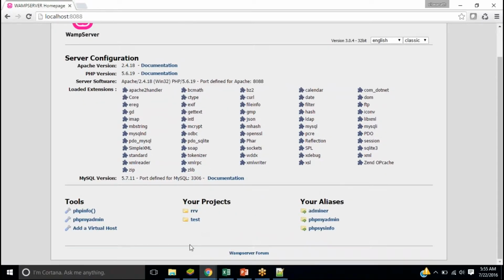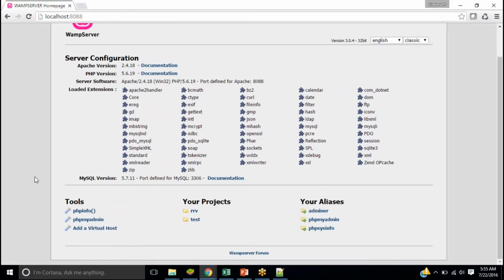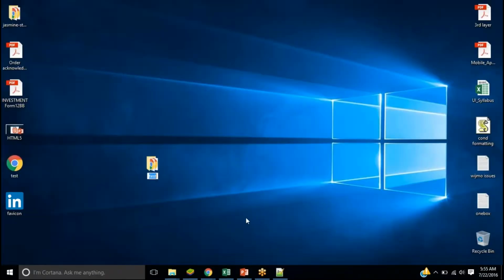I already have something called test. All our projects, whichever we hosted on our web server, show up like this. You can see any Amazon's or GoDaddy's homepage is also something like this. Now if you want to host our application, I already have test, so let's name it first app. Let's say I'll call it first app.